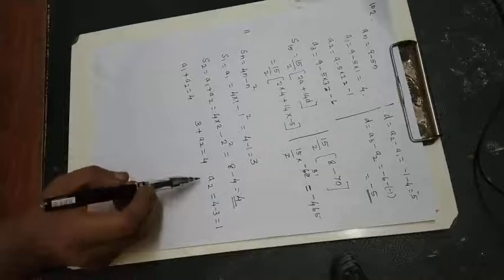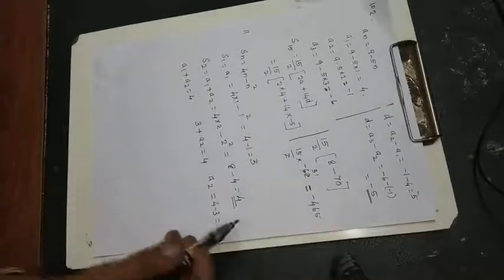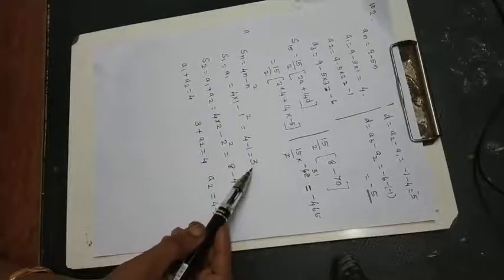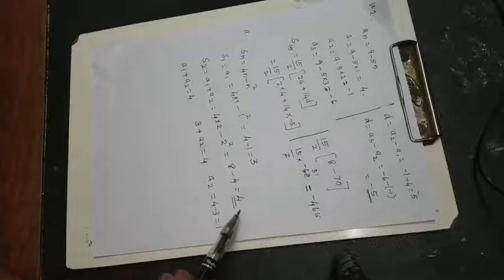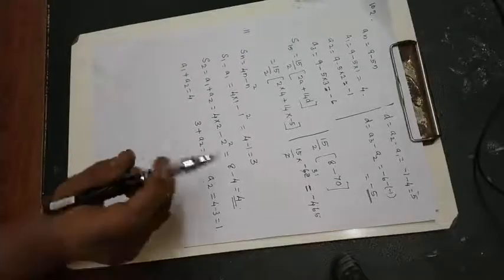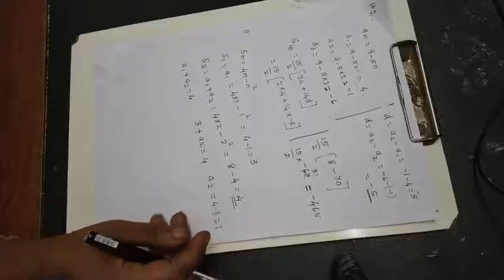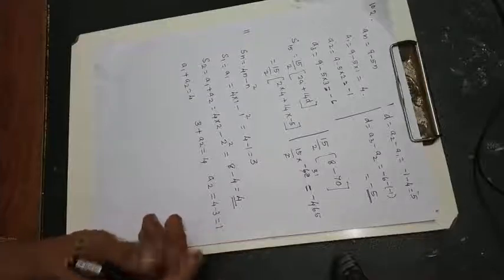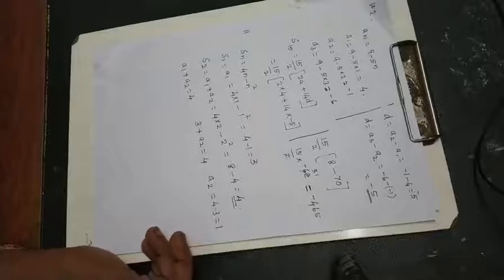Okay. Now you got the second term also. First question was to find out the first term. Second question was to find out the sum of two terms. Then the third question was to find out the second term. Now the next question is what? Similarly, the third term you have to find out. Then the 10th term also you have to find out. Then the nth term also you have to find out.